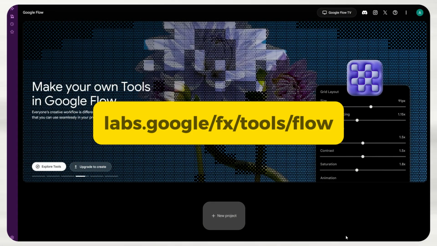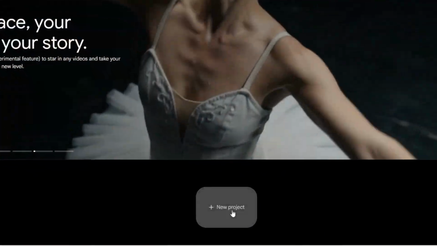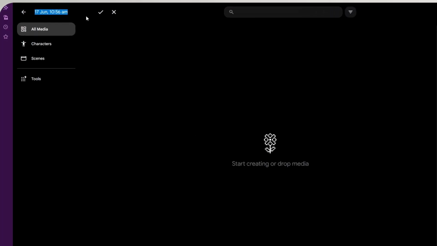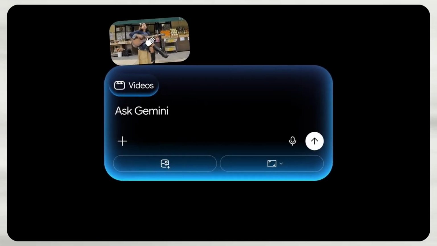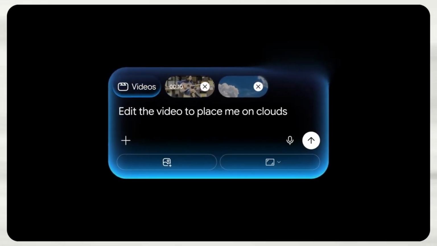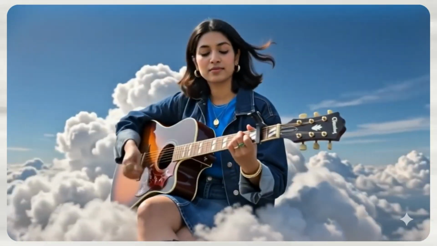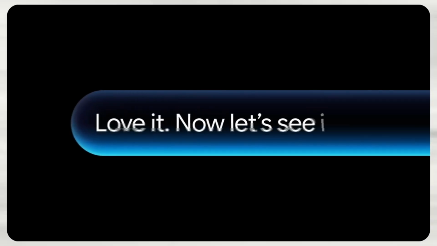First, I open Google Flow and sign in with your Google account. Click on New Project and I'm going to rename this one to Video Edit just so it's easy to find later. Now here's the setup. Normally you'd upload your own footage here. Any video you already have works perfectly fine. But since I want to show you the full process end to end, I am going to generate a sample